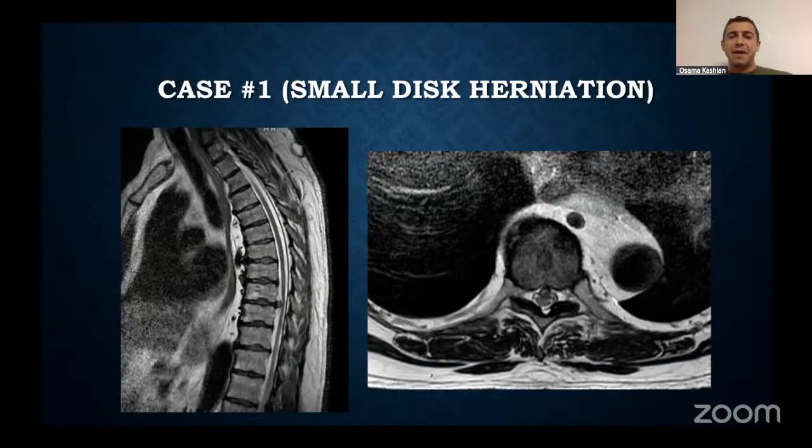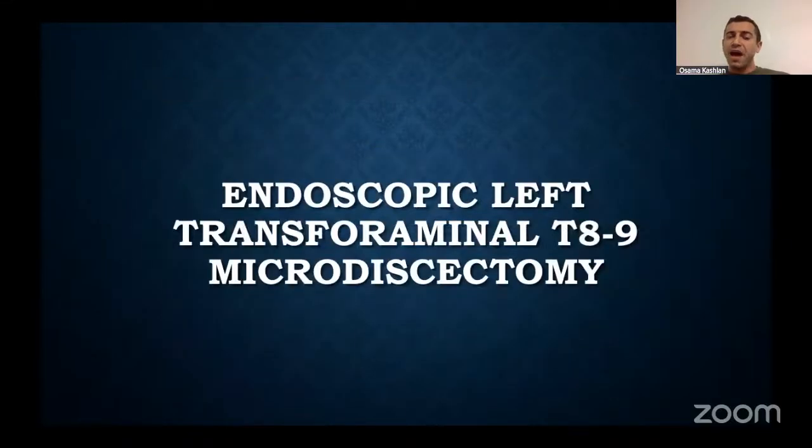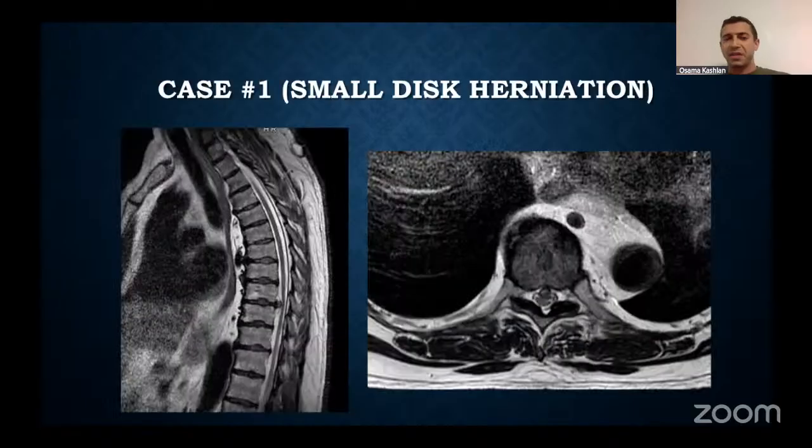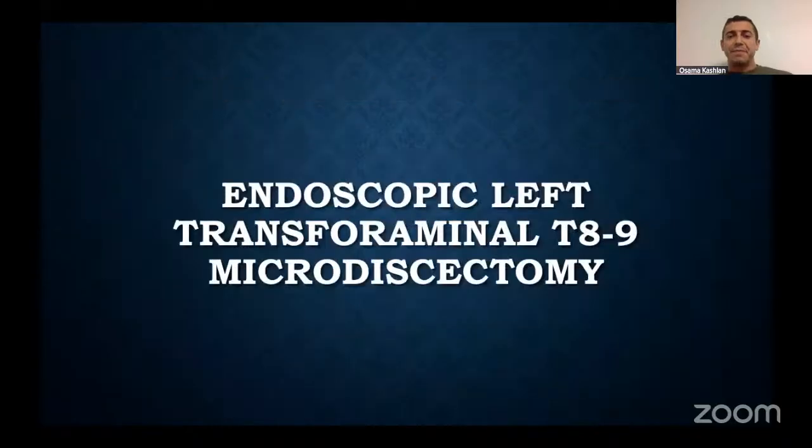So for a patient like this, I offered a left-sided transforaminal microdiscectomy. Went in on the left side because, as you could see here, it's a little bit more on the left side. You could go to it from the right side too, but for me, I thought it was a little bit more on the left side. That's why we proceeded with that option. So that's what we did: a left-sided transforaminal T8-9